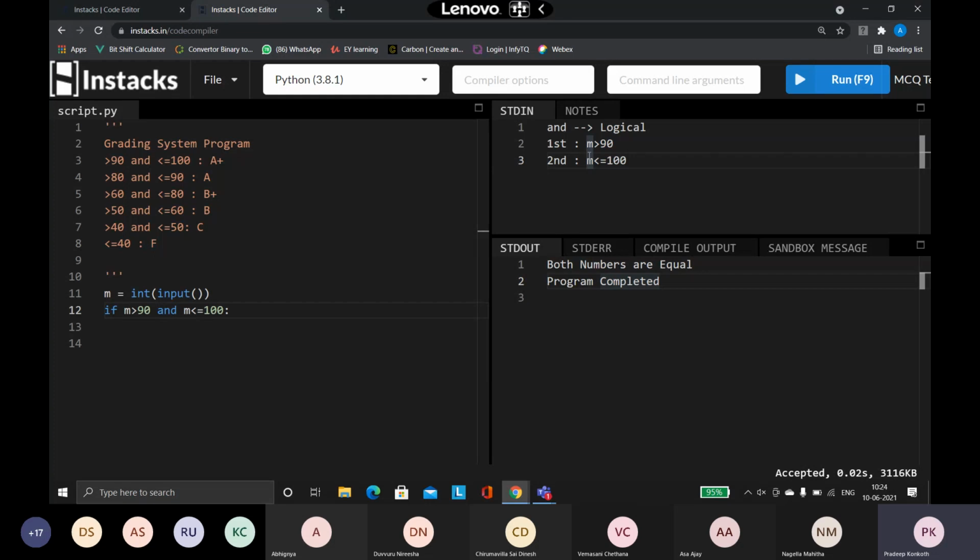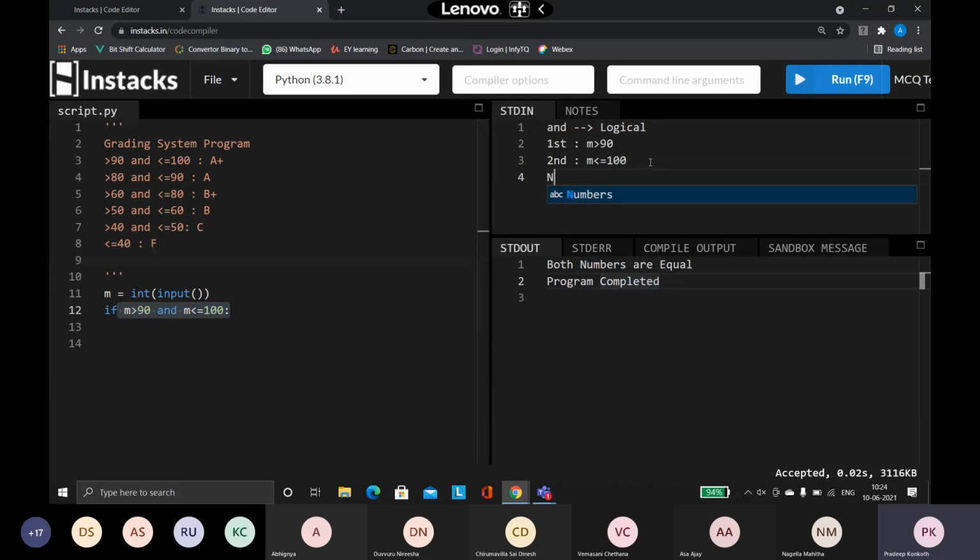So understand logical operators, which we have already discussed. What is the purpose of it? It is used to combine two or more expressions together to form a single expression or a single equation. So here I am using the AND operator and merging these two equations together. How is my AND operator going to work?